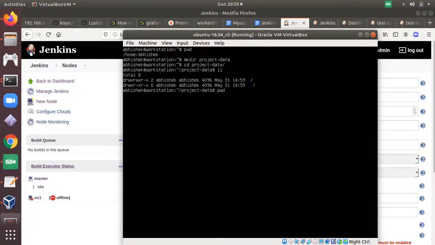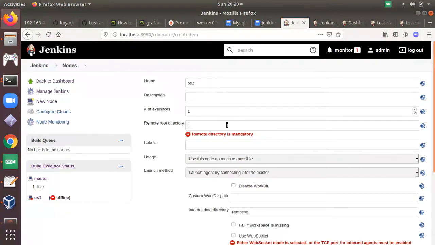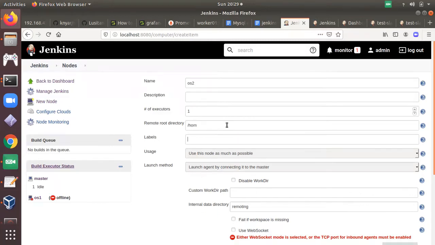The directory is empty and here is my present working directory. I am going to use this directory path here. So the remote root directory is /home/share/project data. I am going to use a label name OS2, or you can use another name like staging or production or testing, whatever you want. It can be any name according to your requirement.